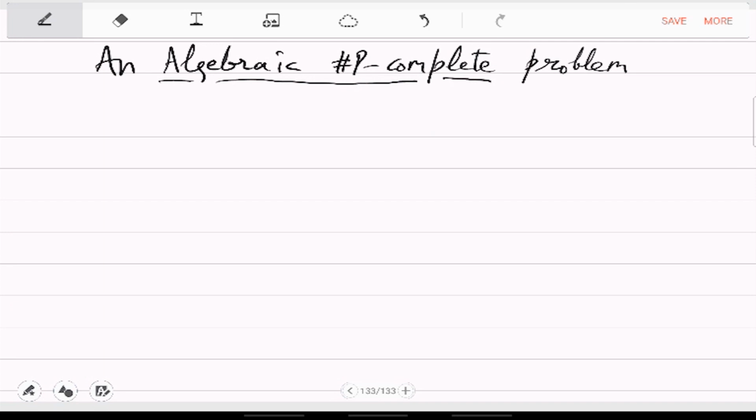Okay, so this will be a very basic problem inspired from determinant or inspired from matrices. So for matrix A,